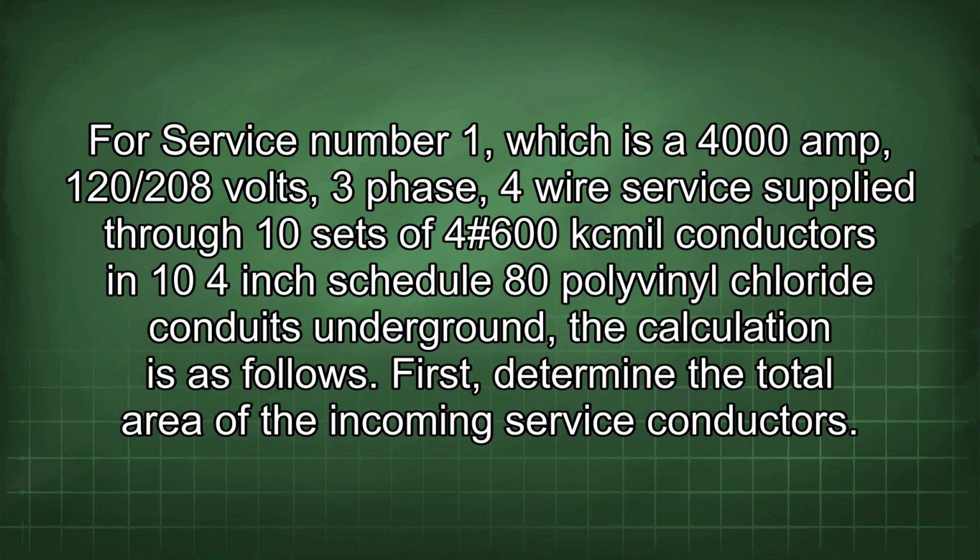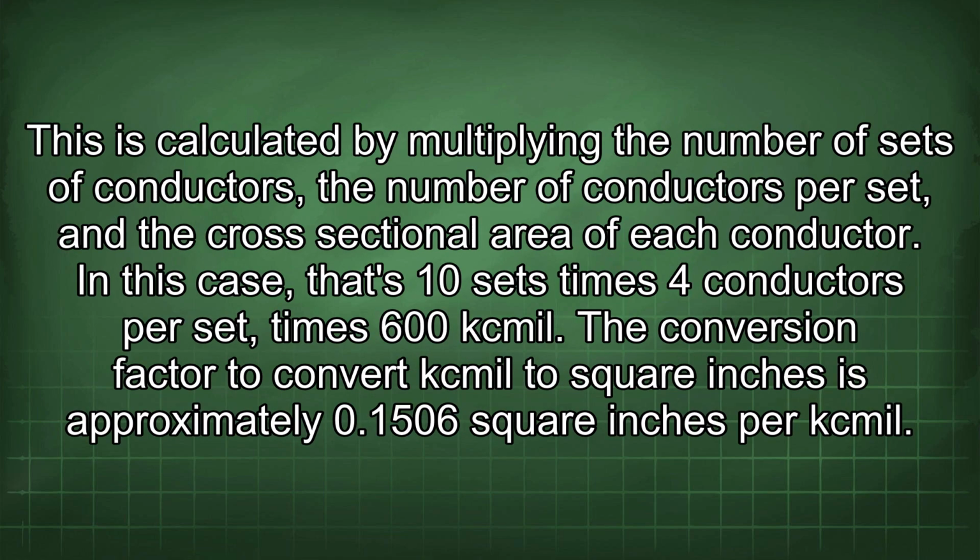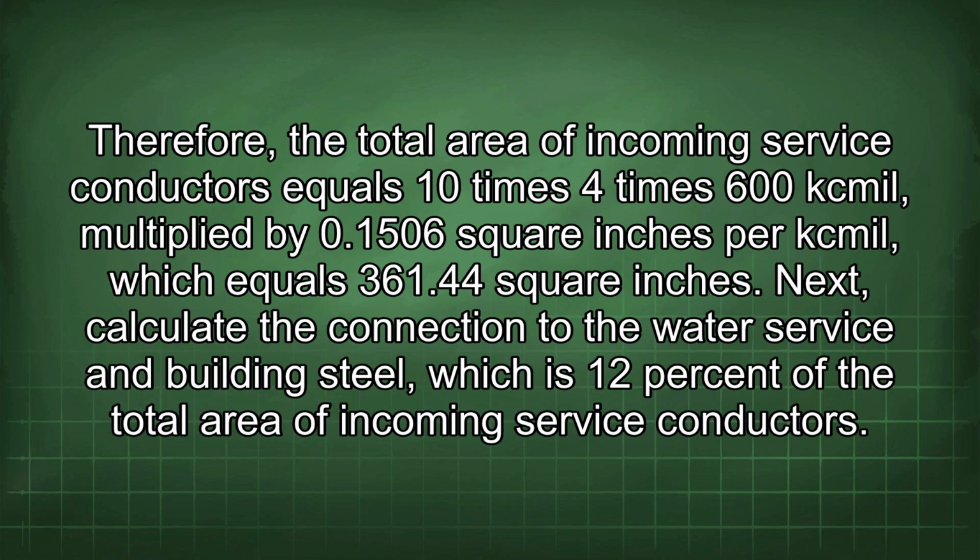First, determine the total area of the incoming service conductors. This is calculated by multiplying the number of sets of conductors, the number of conductors per set, and the cross-sectional area of each conductor. In this case, that's 10 sets times 4 conductors per set times 600 kcmil. The conversion factor to convert kcmil to square inches is approximately 0.1506 square inches per kcmil. Therefore, the total area of incoming service conductors equals 10 times 4 times 600 kcmil multiplied by 0.1506 square inches per kcmil, which equals